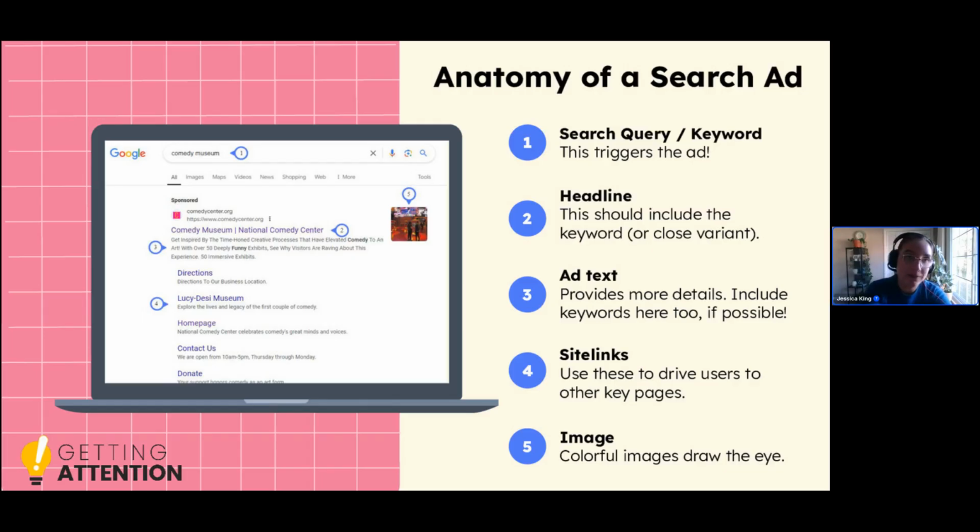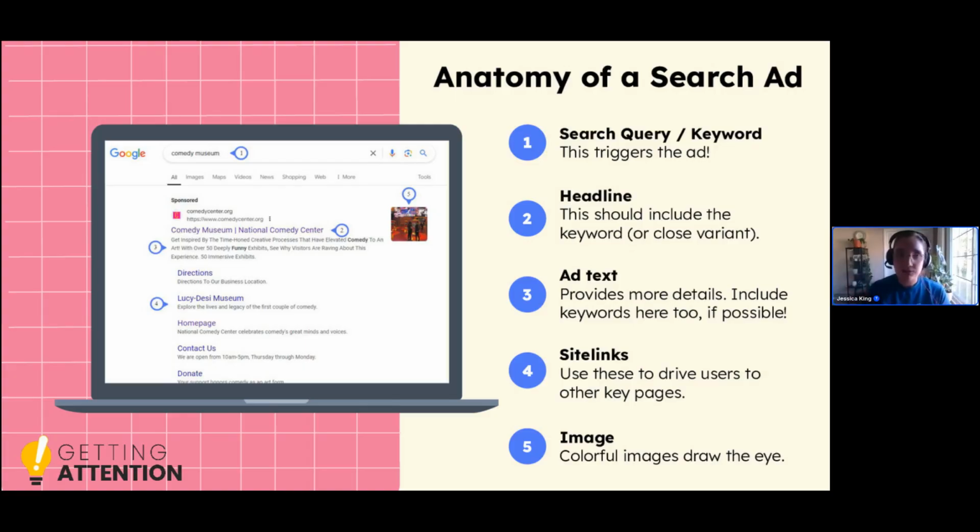So when you're thinking about the ad grant setup, if you are one of those who wear multiple hats and might be acting in your marketing capacity as well as your fundraising capacity, it can be useful to have a lot of different types of resources, even if the primary focus of the search was something different. So in this case, I searched "comedy museum," right? That is a very broad type of search. It could be that I'm just curious if any existed, it could be that I'm interested in going to one, or it could be that I had a great experience at the National Comedy Center and couldn't remember its name, but I'm interested in making a donation now, right?